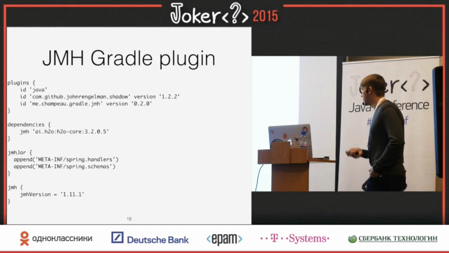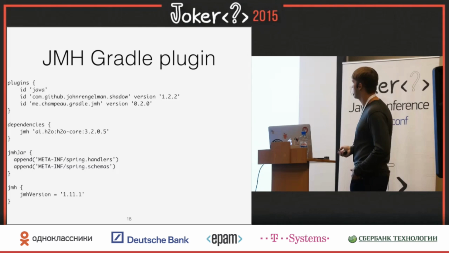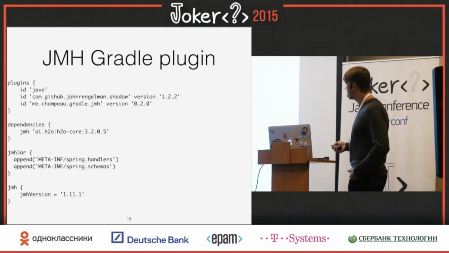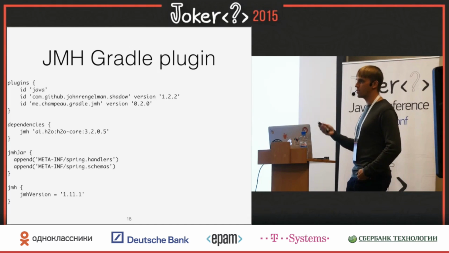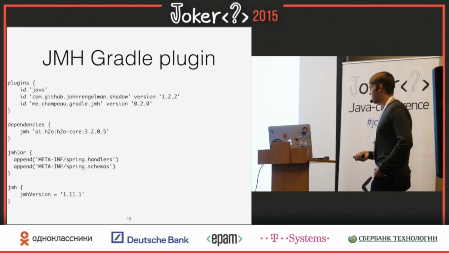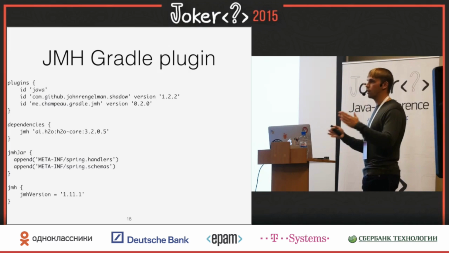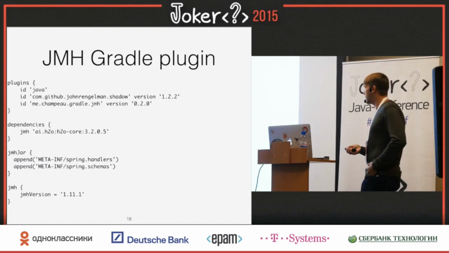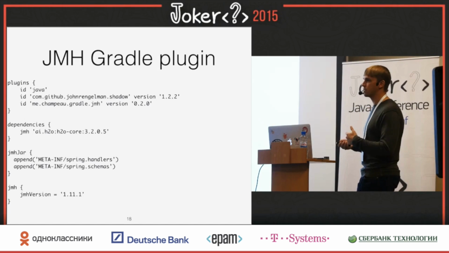So, the Gradle plugin. The most important one is here. Use a plugin. Here's the section where you can set parameters. We use the latest JMH stuff. Another thing to mention is that we use another plugin called Shadow, which allows us to do this. If you are familiar with Maven Shade, you have transformers which allow you to control the process of building the jar. This is important because if you have dependencies that have, let's say, services declared in META-INF, and you merge them together, then you're going to destroy the services and this thing is not going to run. The same is going to happen with the JMH plugin by default. It will just try to put stuff together and override the files and will screw you up.